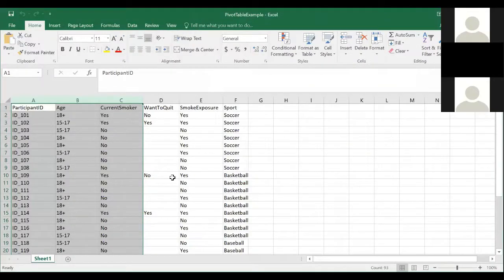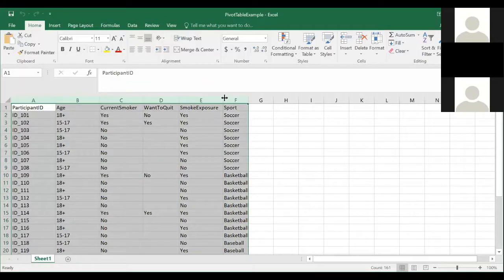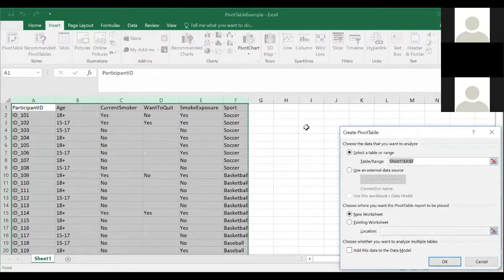So here you might have some data that you want to analyze, and so you have your variables up top, you have your participants here, you have your age category or whatever it is, you might have your yes/no type questions, your categories of whatever. This is totally made up, just an example. But the pivot table allows you to make these 2x2 tables really quickly in the analysis stage. So you can highlight all the data that you want to include. And that doesn't include it all in one, it just gives you those options later, and you'll see what I mean. So you want to insert your pivot table.